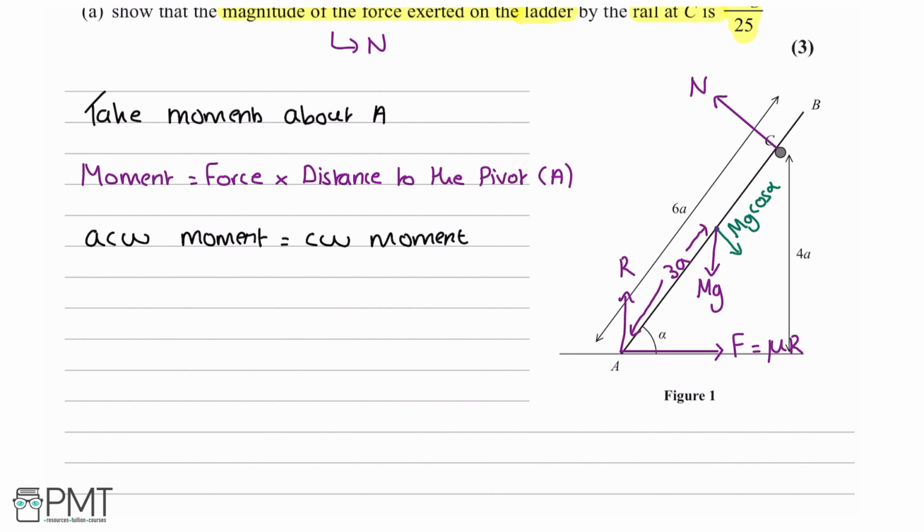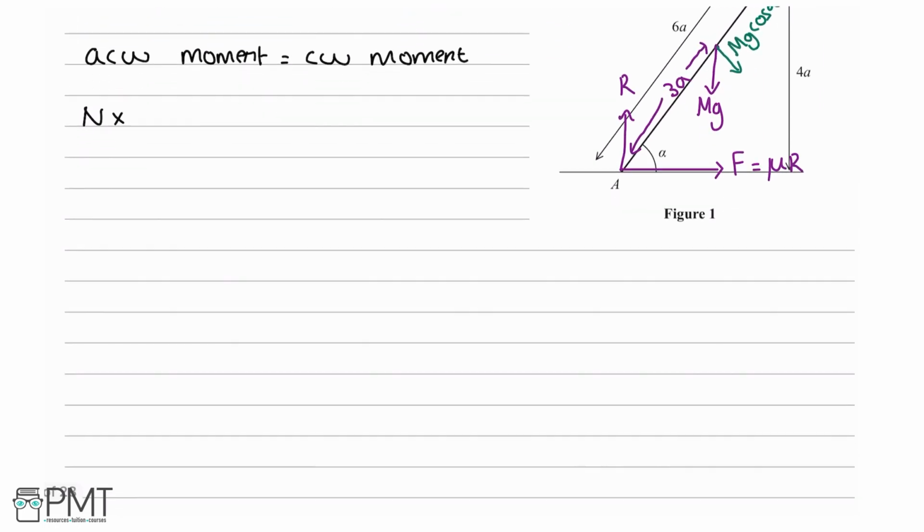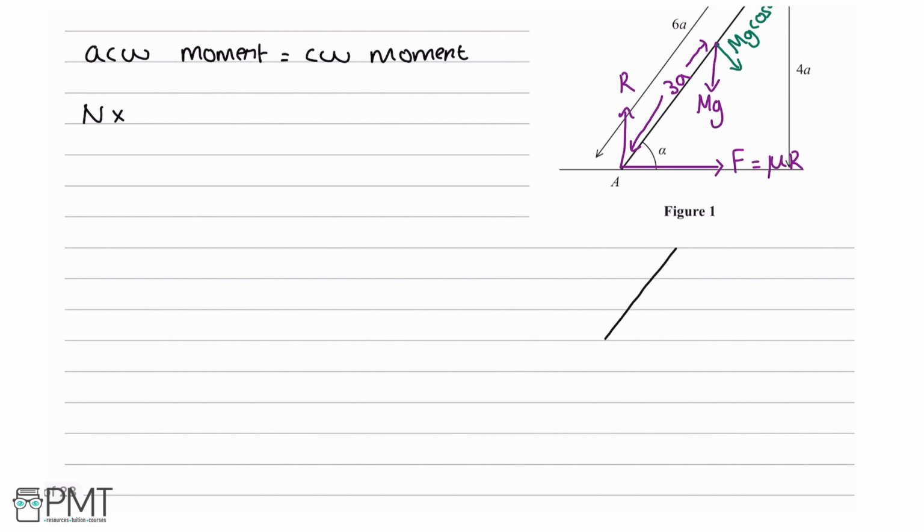So now we need to find the anti-clockwise moment. So we know that the anti-clockwise one is N, because that's what's pushing it this way, and this direction is anti-clockwise. So the force is N, so we say N times, now we need a distance. To find the distance, effectively we are looking for AC, okay? So we are looking for A to C, this distance here. Okay, so what I'm going to do is I'm just going to draw a new diagram just a bit lower down, and I'm just going to use this to find all the distances we need for this part of the